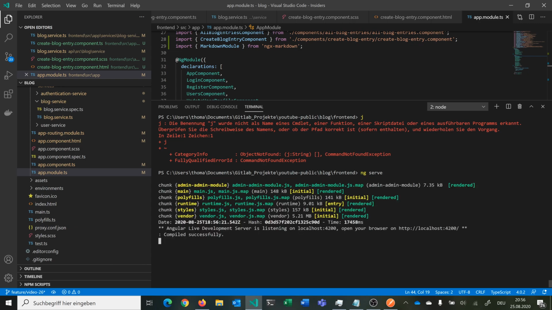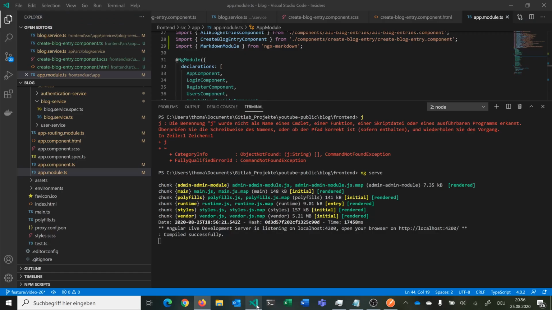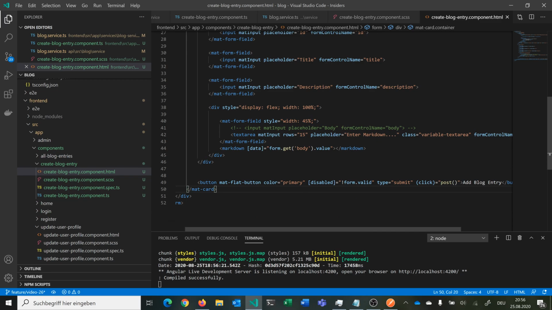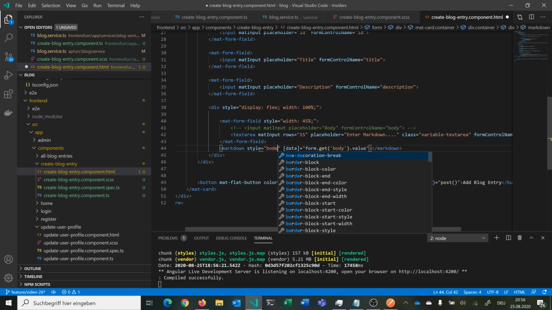So now everything looks good so far. So let's reload this page here. Now you see if we enter Markdown here, it gets displayed also here. And so we can probably give our Markdown a little bit of styling so that we see everything that's going on here. So let's give it a border